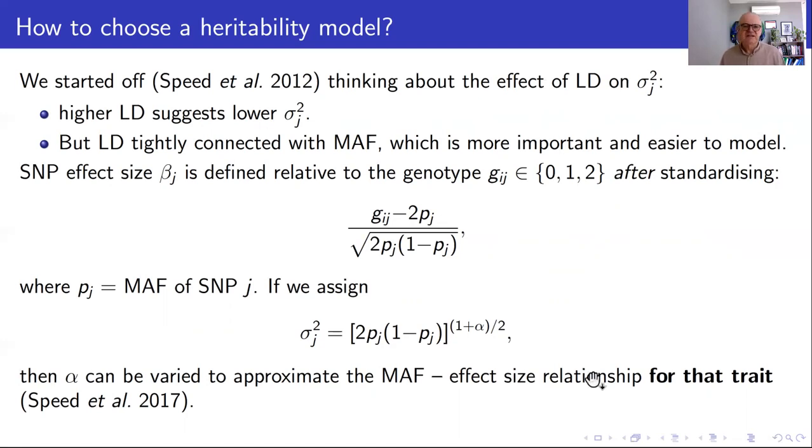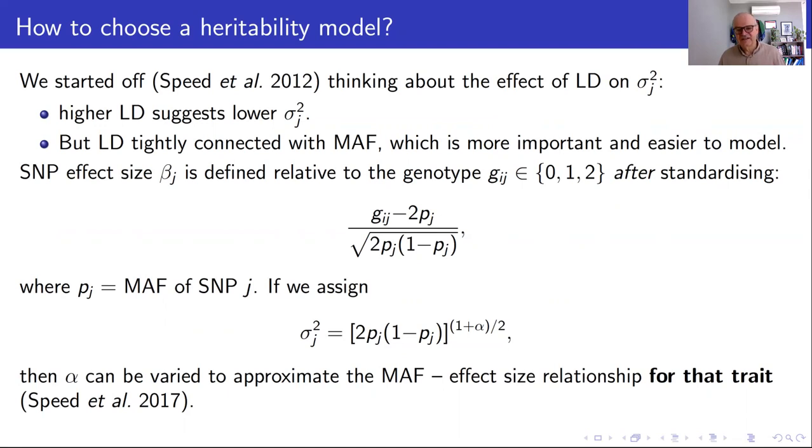To see that, remember that our effect size parameter was standardized. It's not strictly speaking statistical standardization, but it's very close, according to a formula like this. Now standardization, together with a uniform heritability model, has a really strong implicit assumption about the relationship between MAF and effect size, and it's very strong and it's wrong, as I'm going to argue in a moment.